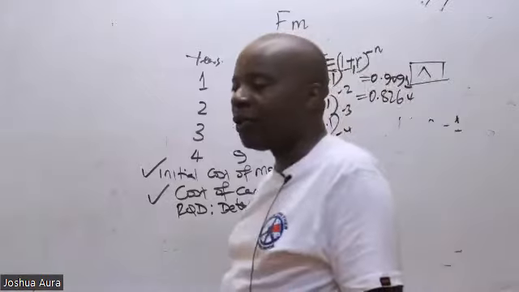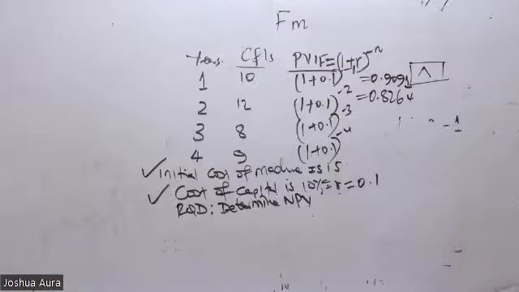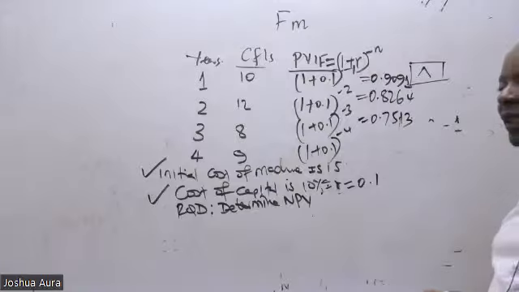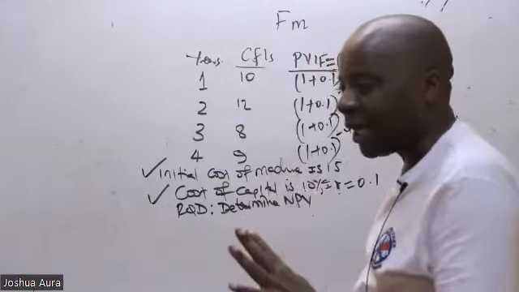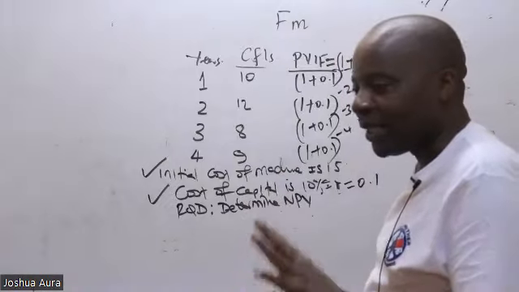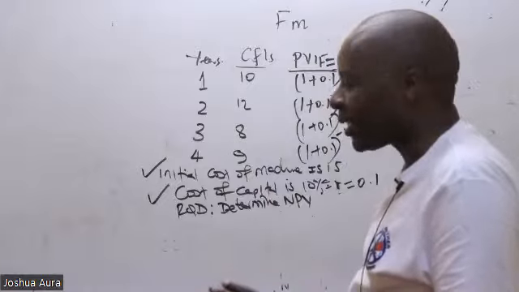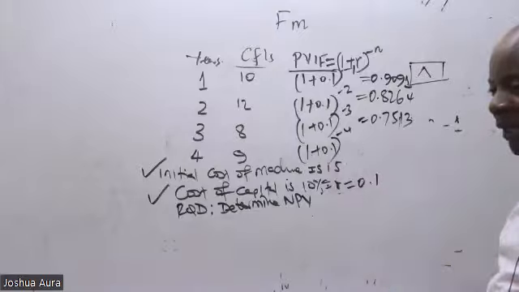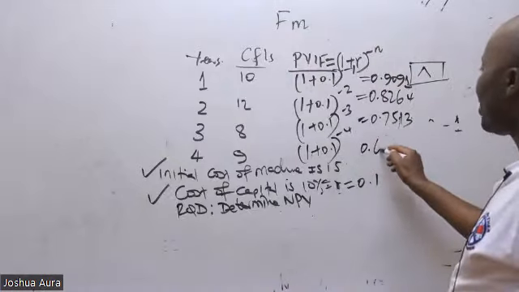1.1 raised to negative 3. Can somebody give me an answer? So we have here 0.7513. And then the last one, four decimal places, you guys are right. Mahabub. When I see this name, I remember a gentleman that I worked with at IGAD. Nice guy, gave me some good consultancy jobs there. So how about this, 1.1 raised to negative 4? We have here 0.6830.